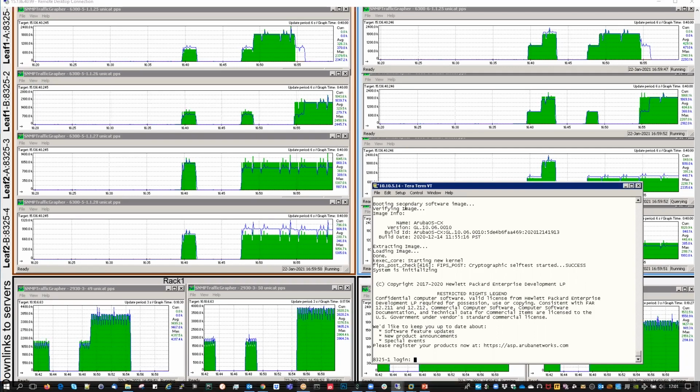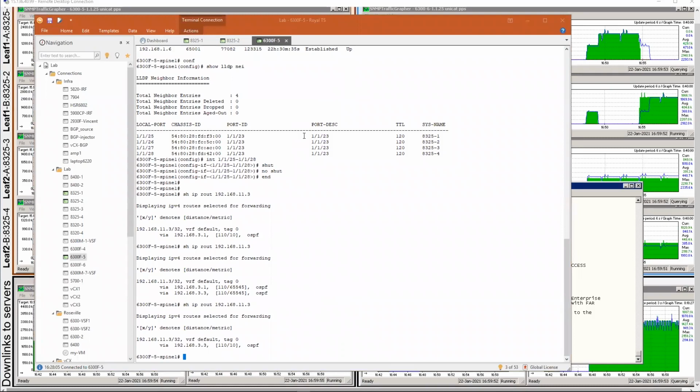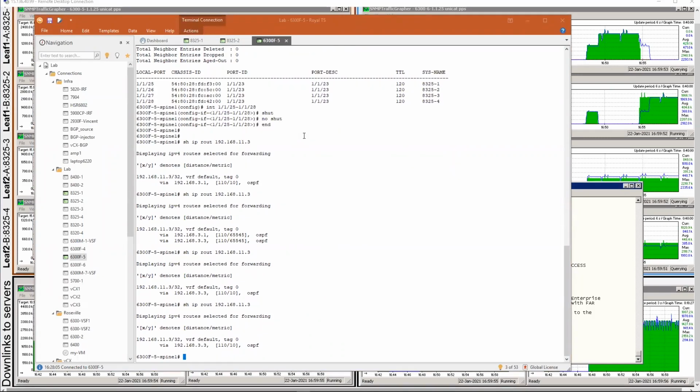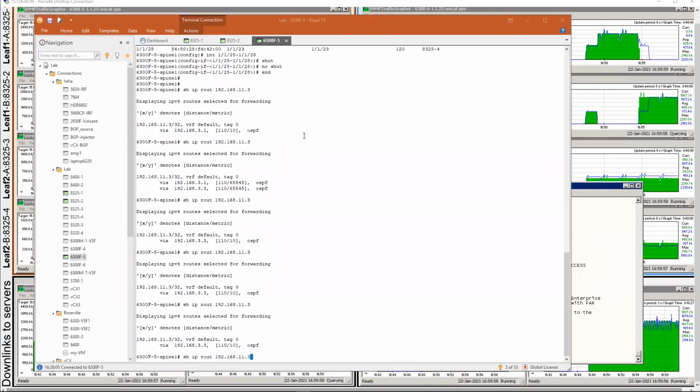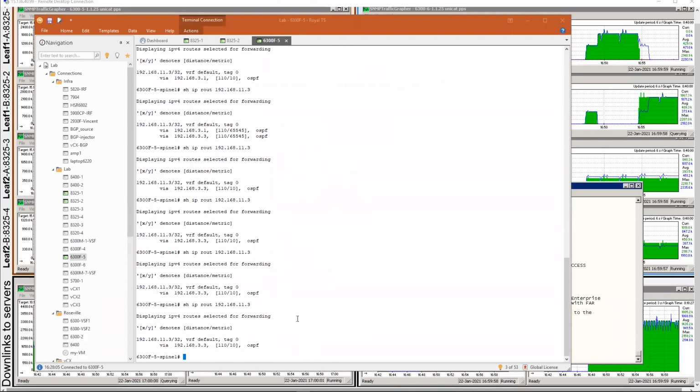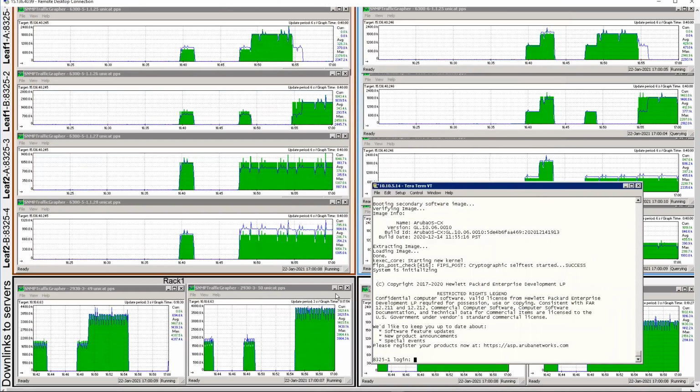So let's see on the spine where we are in terms of... okay, so we still have no information for the equal cost here. So the route is through the VSX secondary.